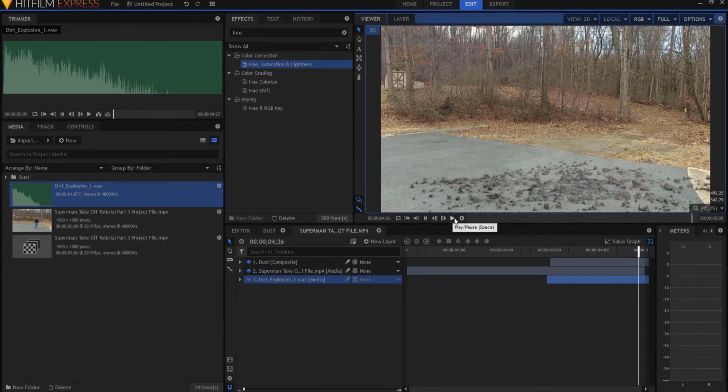Right, and it kind of has that dirt flying around and hitting the ground and stuff like that. So there you go. All right, then the last thing I'm going to add is going to be that shake